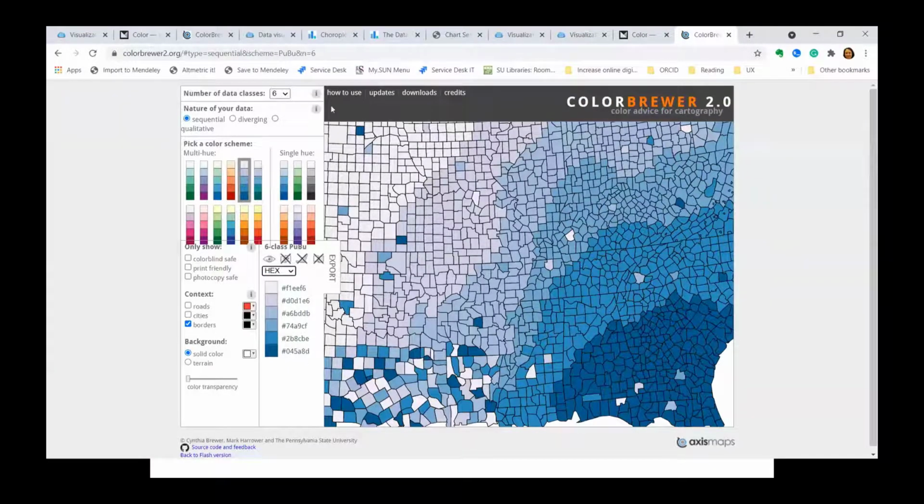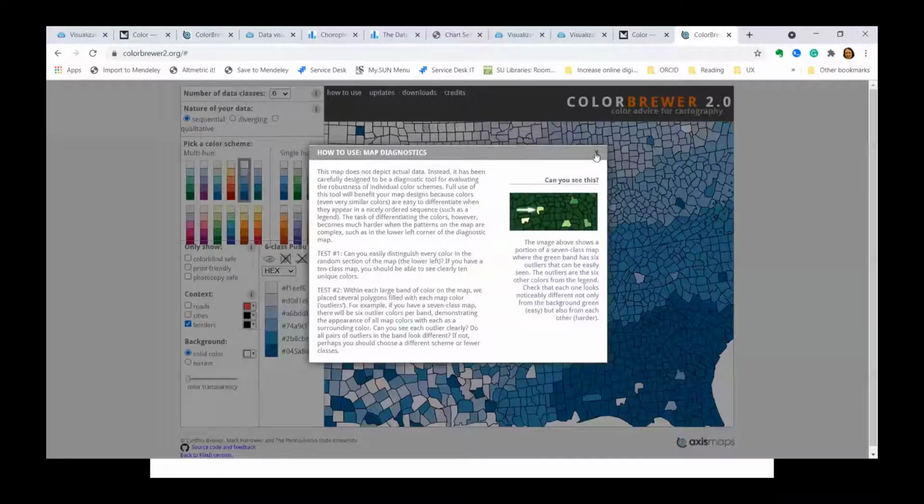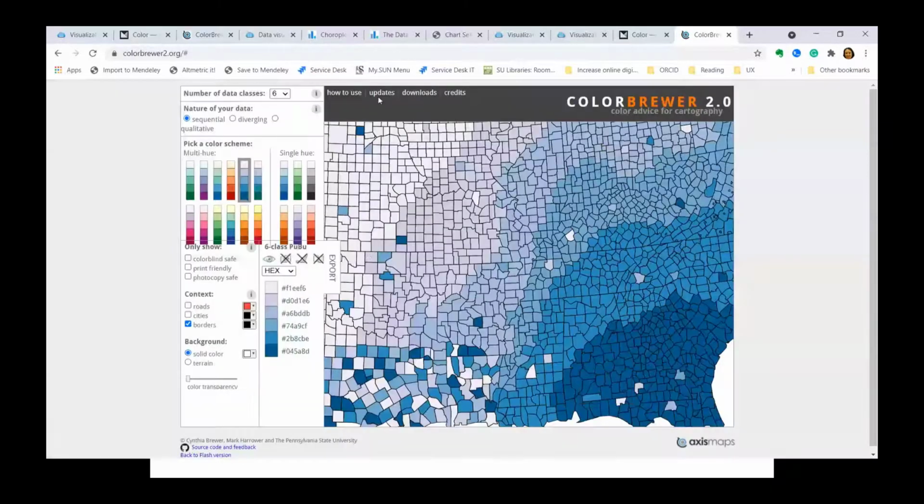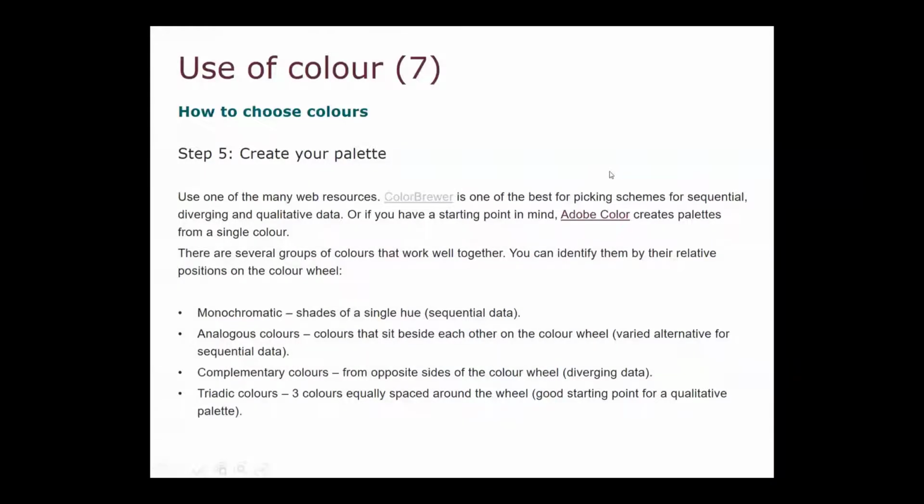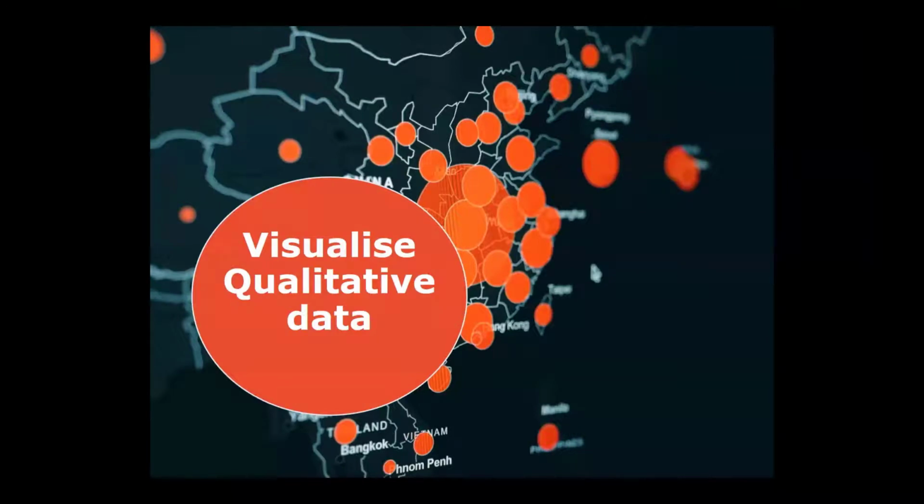All right, so here is also some guidance on how to use it. So click on those if you need a little bit more guidance, etc. So have a look at that when you work with colors. It's quite helpful. So now just something short about